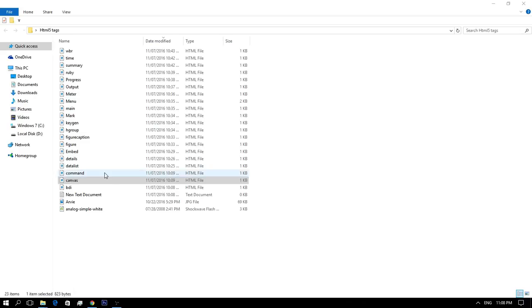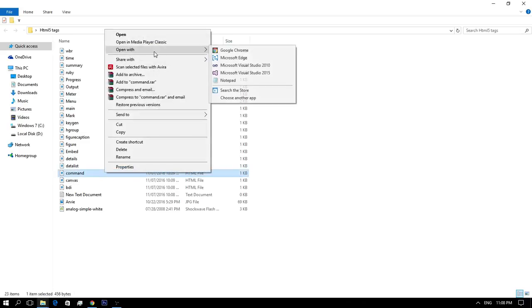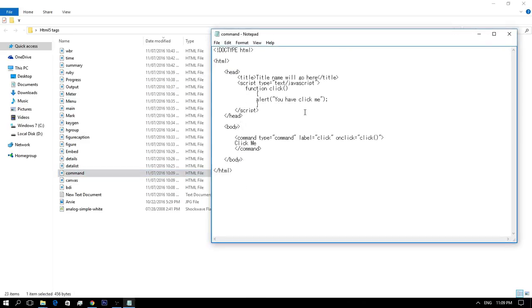So we have the command tag. With reference to the previous lesson, you may have known about the canvas element now. In this lesson, we will learn about the command element. This element is not supported in any browsers yet.